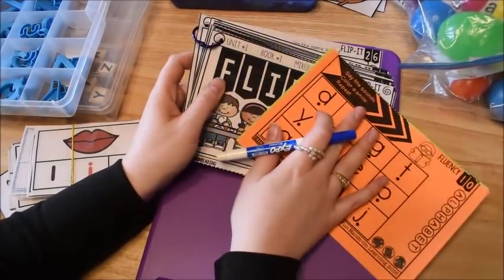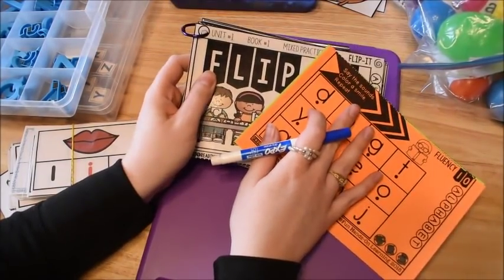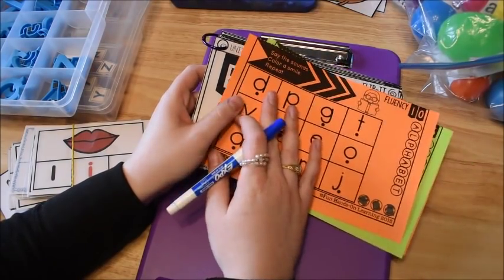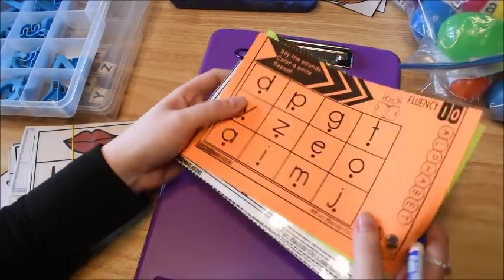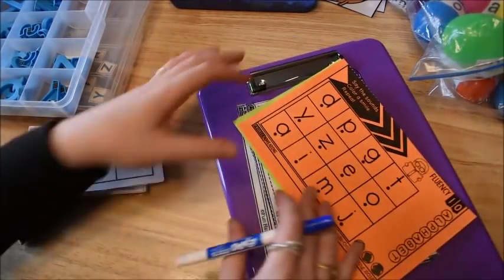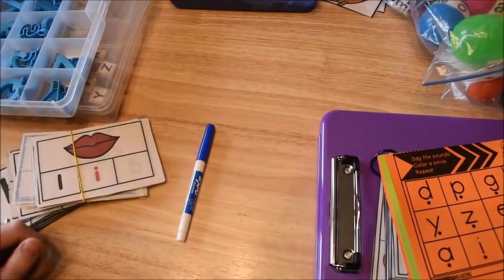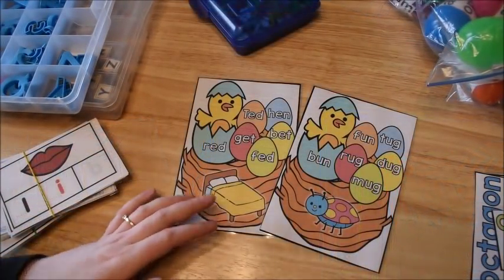And these, like I said, these are only 2 of the activities from the unit. There's going to be 7 different ones, and you're going to get to see all of it in days to come. I'm super excited about it. All right. Okay, you guys,